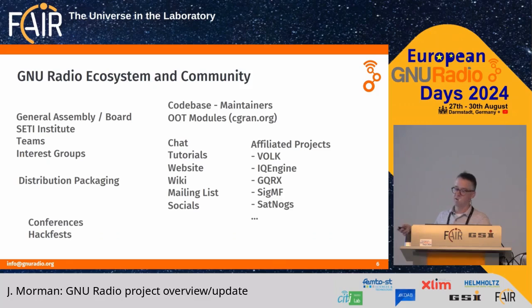Another important thing, and I think back to the original question of what makes GNU Radio so special, is the ecosystem of out-of-tree modules. You can go out onto the internet and find an out-of-tree module that does something you might be interested in, something you didn't even know about. There are all these out-of-tree modules managed by individuals that keep them up to date, and we try to archive them on cgran.org. But again, as an open source project, you don't quite have visibility into everything. So that is an ecosystem unto itself.